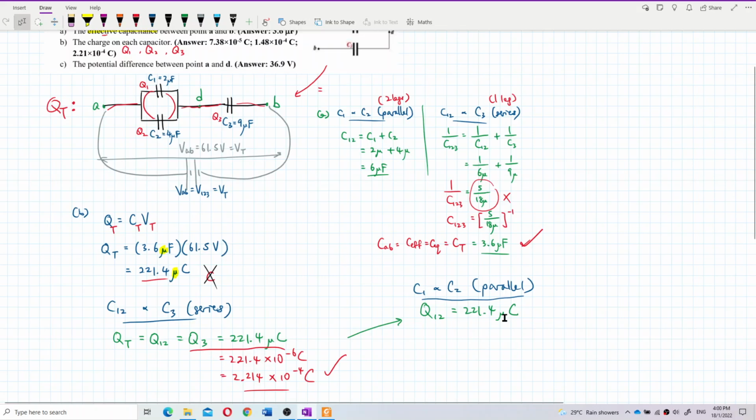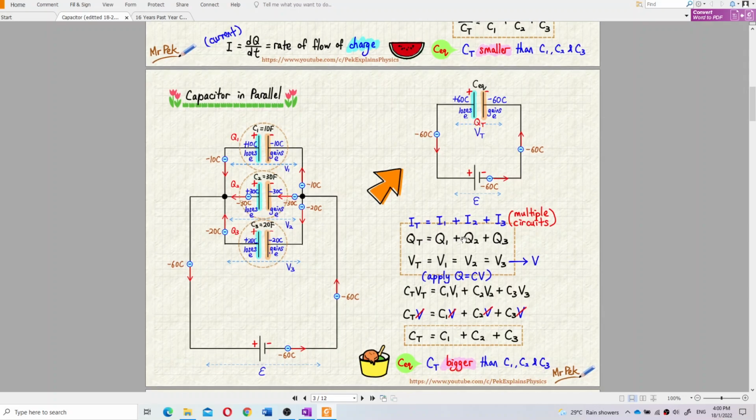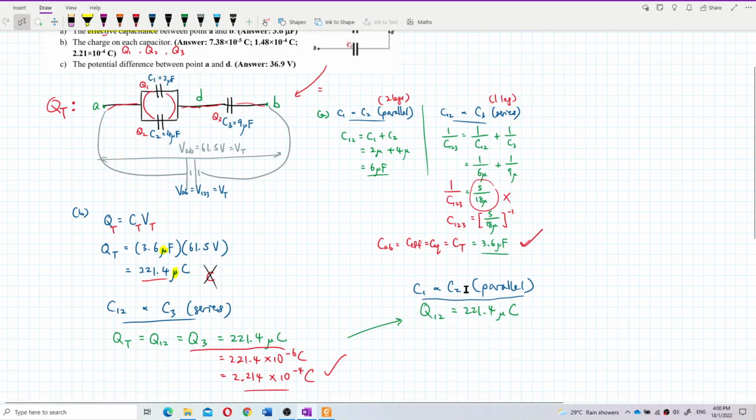Okay, but C1 and C2, they are parallel. What is meant by parallel? Parallel means that the charge is added up. Q1 plus Q2 plus Q3. Understand? That means what I can say is